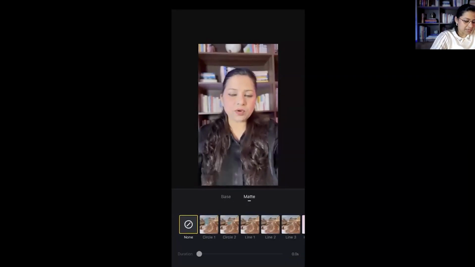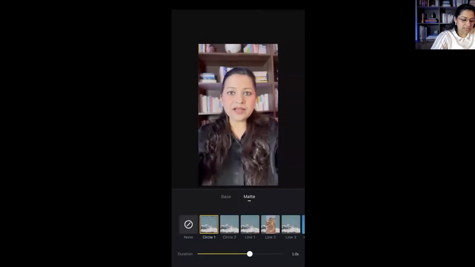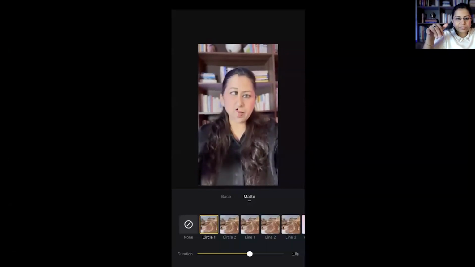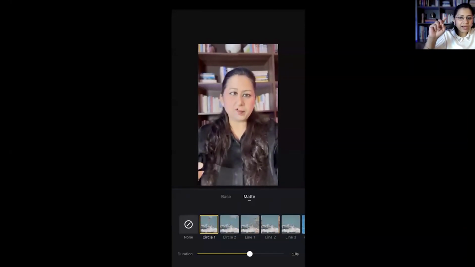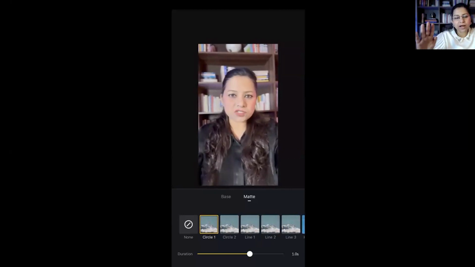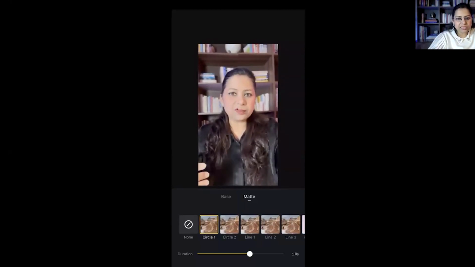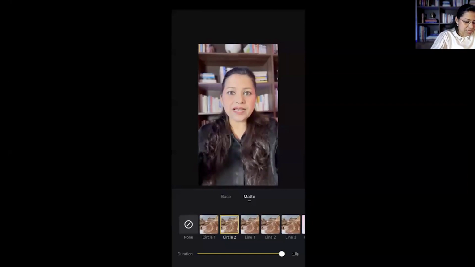If I go for the matte, you get transitions like this. These are the circle. So the entire face is being divided into different shapes, and these are visual hooks that are being used in different videos to hook the people. You know why? Because this is not normal. Your face doesn't get 3-part, 4-part normally. But when you do something like this, people are amazed. What is this happening? And they will stay back there and you gain 2 seconds. You gain the attention and the attraction of the people. So matte transitions are also a different type of transition which is available.